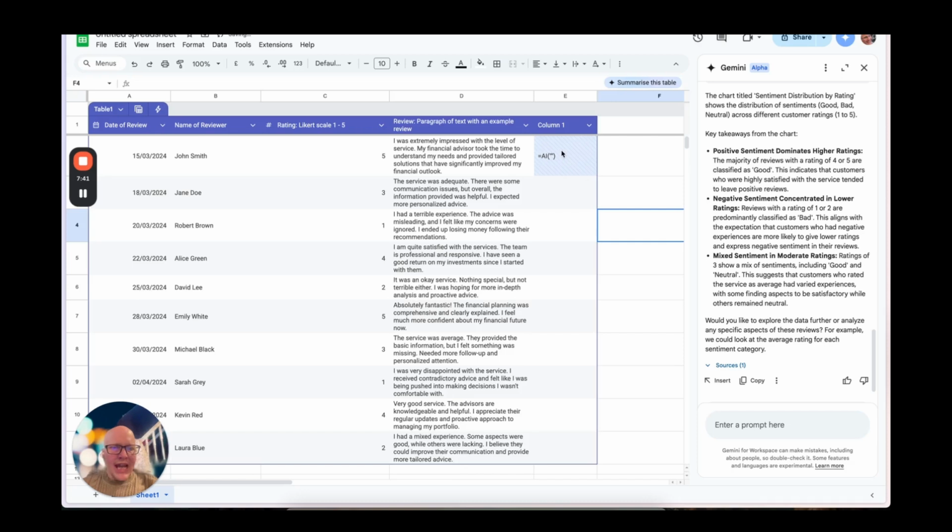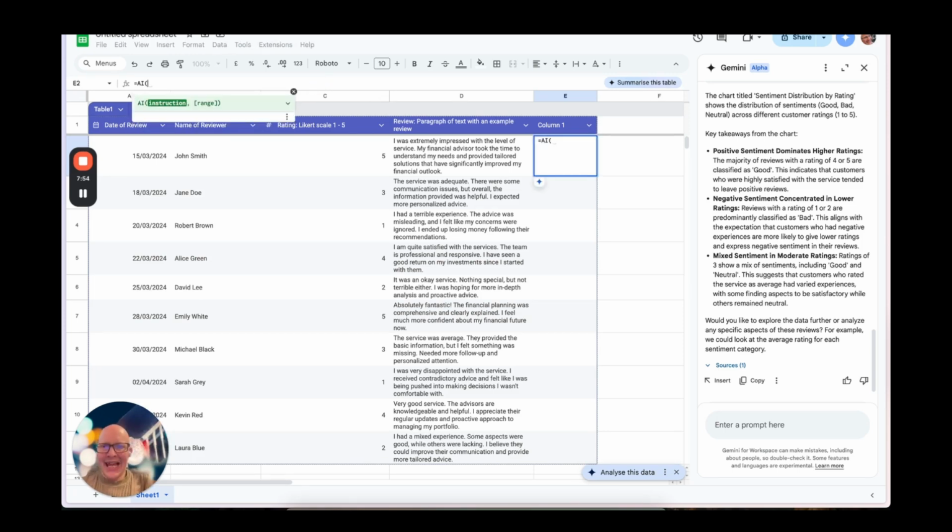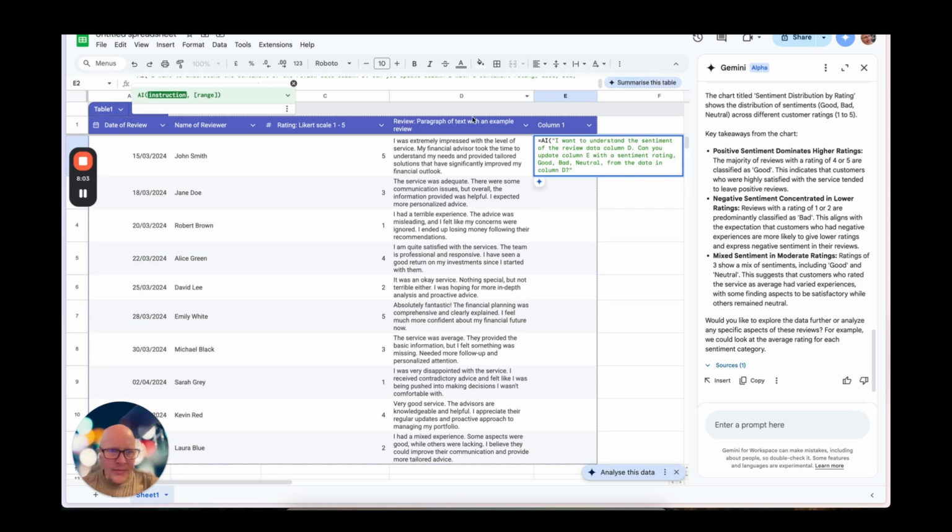Now, what you can do, however, is in the Google Gemini Alpha version, they have this new formula that you can write, which is called an AI formula. And this is actually really quite amazing. So what I'm going to do is paste in that last prompt. So this is about the sentiment analysis. So I want to understand the sentiment of the review data. So I'm going to remove column D from there, because in a minute you will add a range. So we're going to add column D as a range. Also I don't need to reference column E because I'm in there. So I'm saying, can you